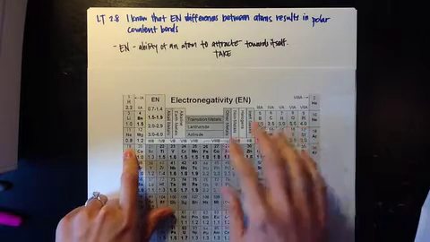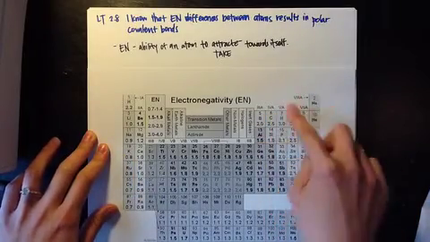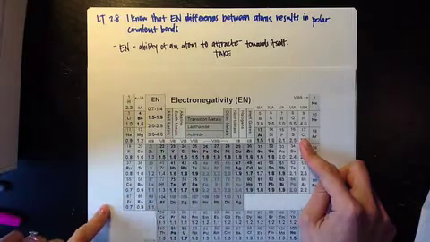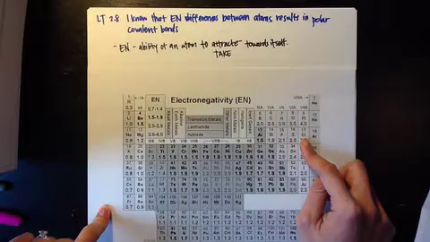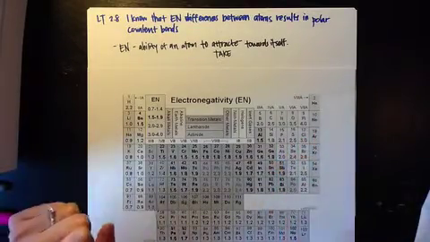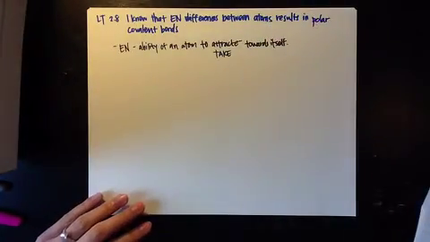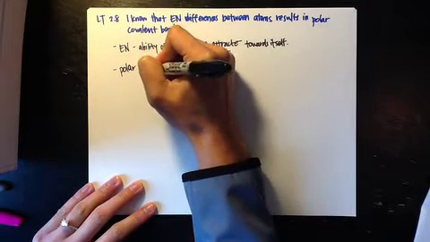And it turns out my nonmetals, as we have mentioned before, have very high electronegativity, whereas my metals, especially my large ones, have very low electronegativity. Okay? What that means is that you're going to have a polar covalent bond. Okay, let's go ahead and jot that down. So, polar covalent